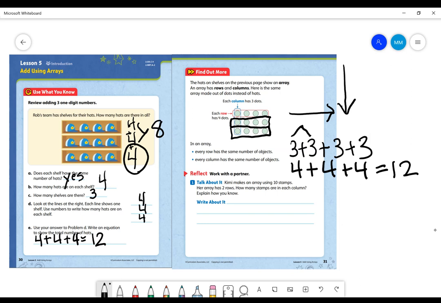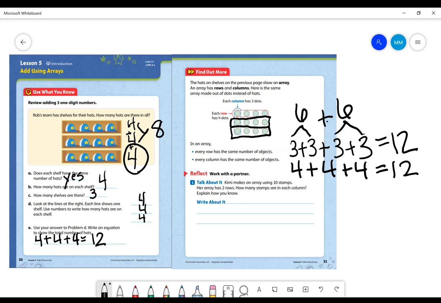3 plus 3 equals, that's a doubles fact. What does 3 plus 3 make? 6. And I can also do 3 plus 3 again, right? And we know that's going to be 6. And now we have another doubles fact. 3 plus 3 plus 3 plus 3 is the same as 6 plus 6. 6 plus 6 makes what? 12. So an array shows us how we can solve a repeated addition problem by drawing out a